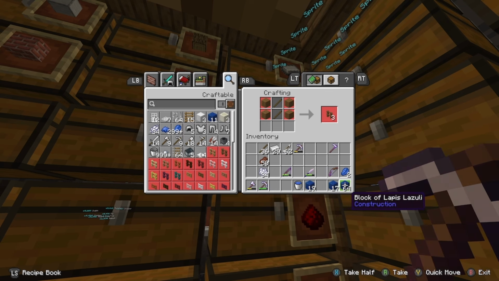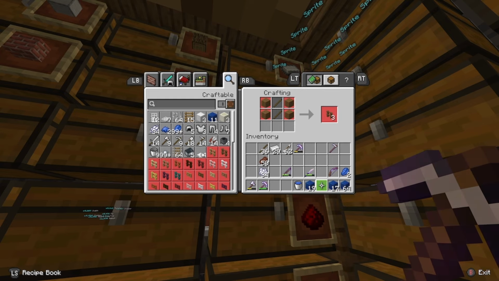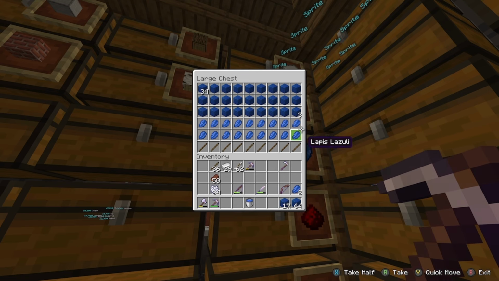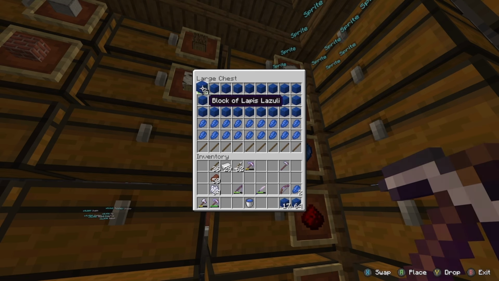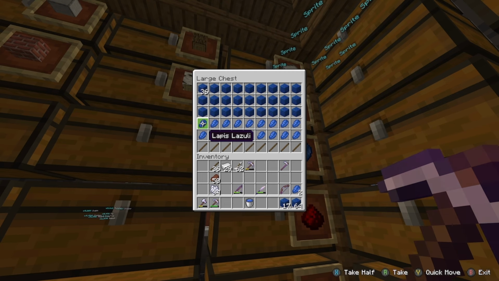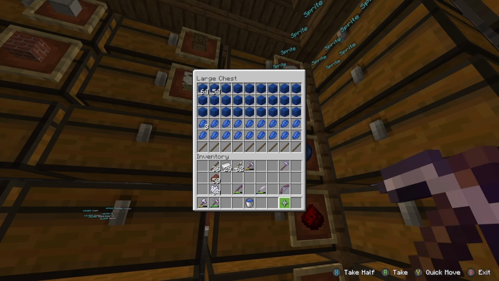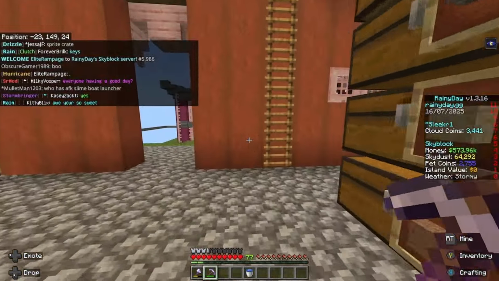So that's 1 e-lapis, 64, and then another 17 is 1 e-lapis. So I've got another 36, so just under halfway towards the next one. So yeah, I'm going to put all those away and I'll keep mining, trying to get more